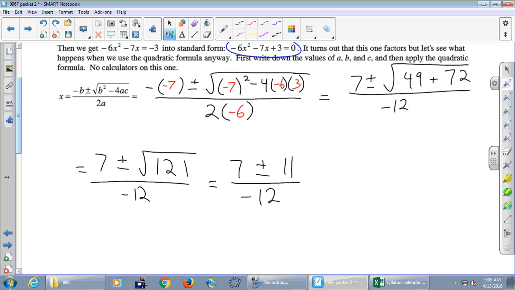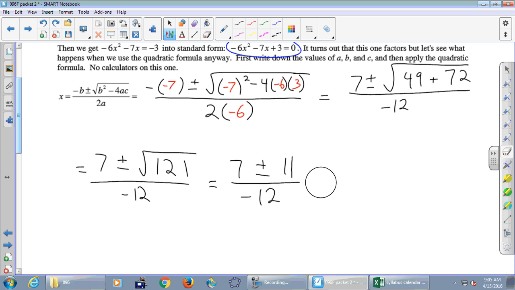I'm going to write something that I don't want you to copy because that's not what we're going to do here. Typically you would do this. 7 over negative 12 plus or minus what fraction? 11 over negative 12. Don't write that. Typically this is what we would do. Typically the square root is still in the problem, and this is exactly what we should do if there's still square roots. But in the rare case like this one, where we happen to have a perfect square in there,